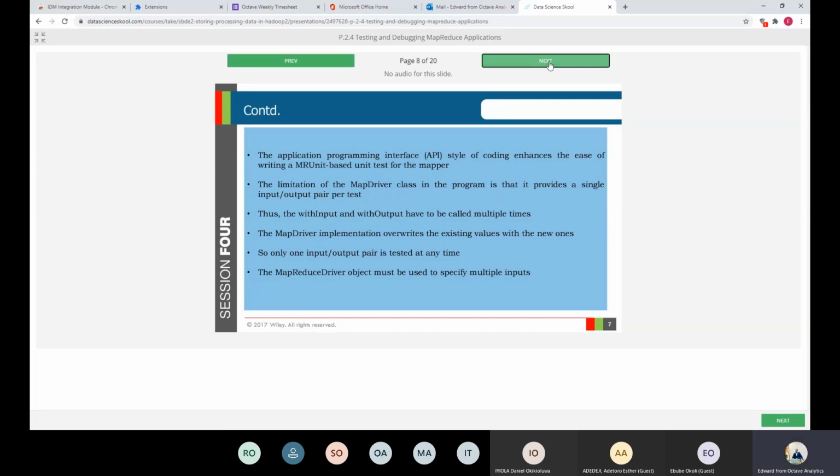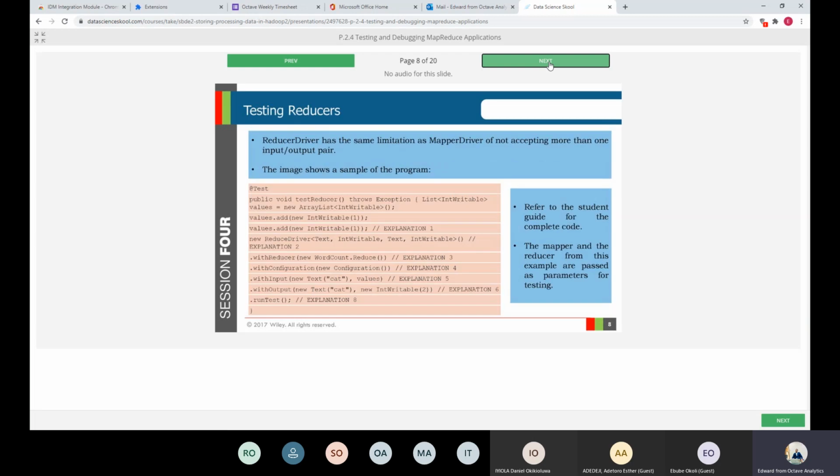So we can avoid all these errors and write a MapReduce job that is well optimized and has the results which we need. Reducer driver has the same limitation as map driver of not accepting more than one input. Reducer from this example are passed as parameters